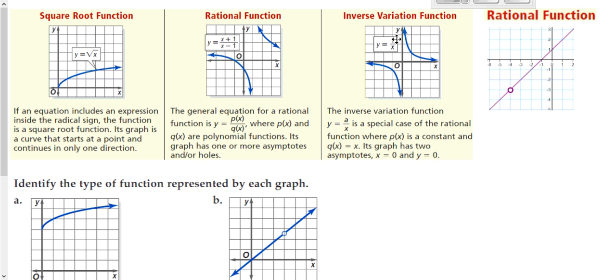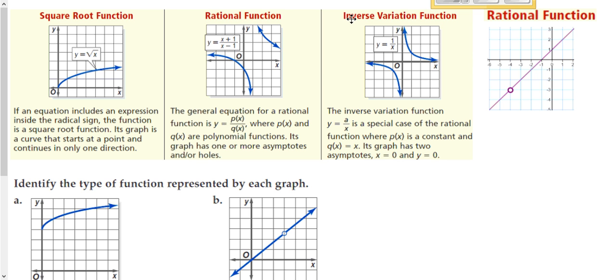Then we have inverse variation. Inverse variation is really a special rational function in which our vertical asymptote and horizontal asymptote are the x-axis and the y-axis. If it looks like it's a rational function, but the x-axis and y-axis are asymptotes, it's a special one and